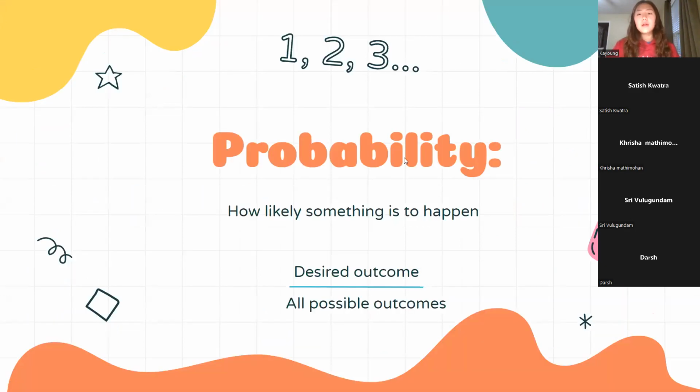Okay, so probability is basically how likely something is to happen. So, for example, it's very likely that tomorrow when my alarm rings at 6 a.m., I won't wake up exactly at 6 a.m. I'll probably wake up at like 6:05. My bus is at 6 a.m. Really? That's really early. I know.